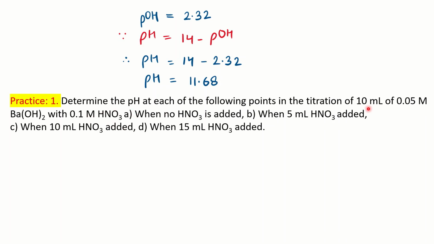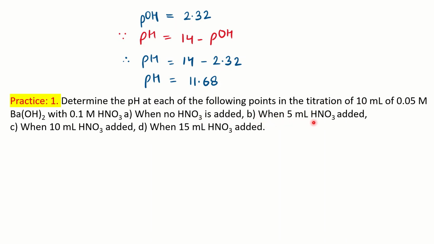In this problem also you have 10 ml of 0.05 molar barium hydroxide, which is a strong base. 0.1 molar acid is given, and now the analyte is the base and the titrant is the acid here. Means you are adding acid gradually, right? So nothing is going to change here. Only thing is, in the starting you have an alkaline medium, so you are going to calculate the OH minus concentration in the starting. Okay, and to calculate the pH you have to use the same formula before the equivalence point. So at the start you have a completely alkaline solution, you can calculate that.